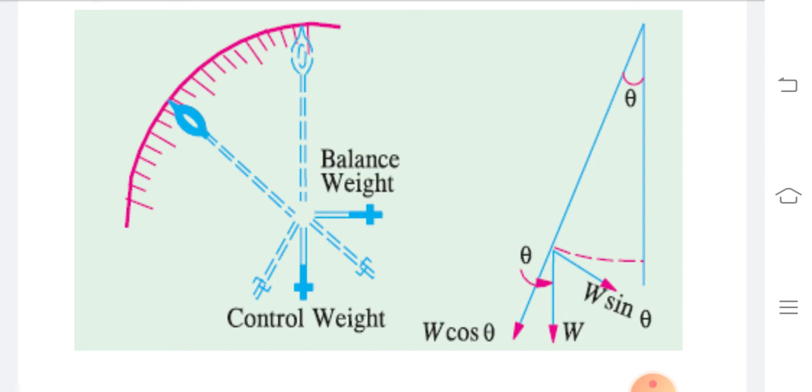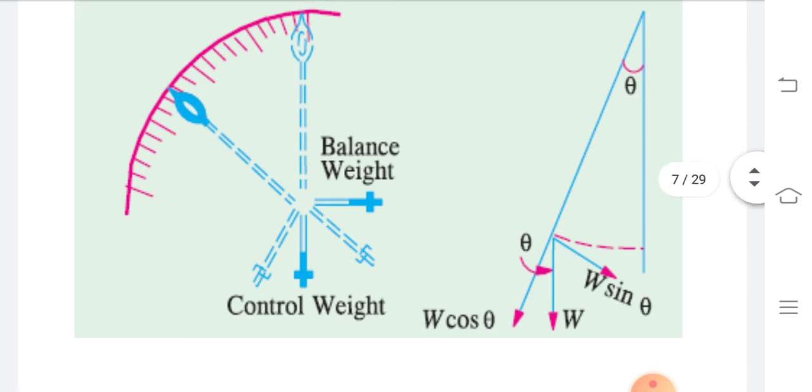Coming to the advantages of this method, there is no aging effect and there is no temperature error. Whereas the disadvantage, from the relationship that Tc, the controlling torque, is directly proportional to the sine of the angle of deflection of the moving system, is that it follows a non-linear relationship. Also, the major disadvantage is that this mechanism must always be placed in a vertical manner.